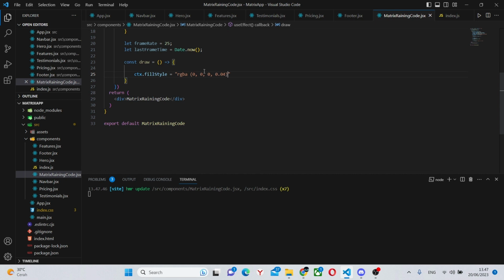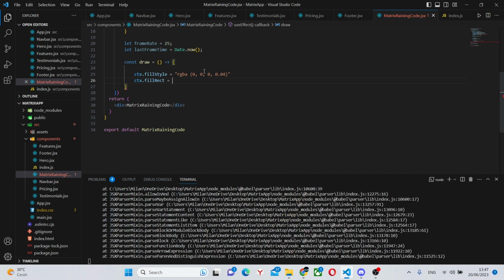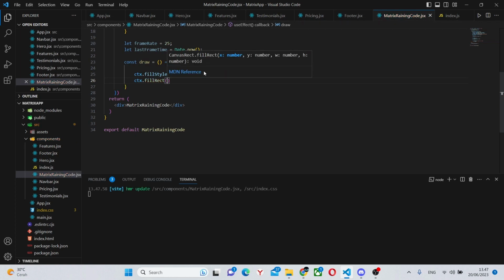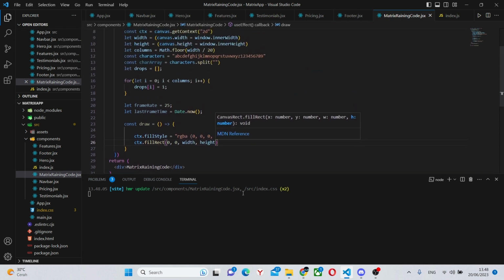So quite a lot of zeros. ctx.fillRect, not equals, but some parentheses with 0, width and height, which we created before.